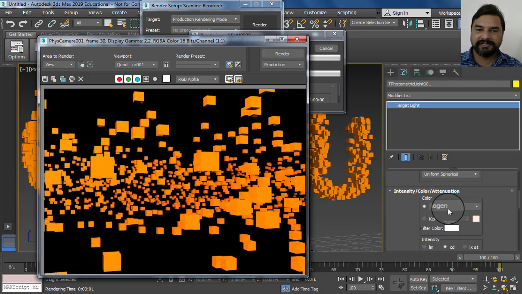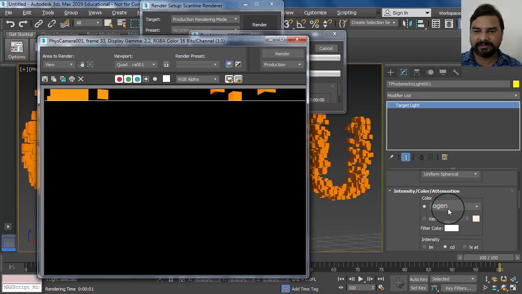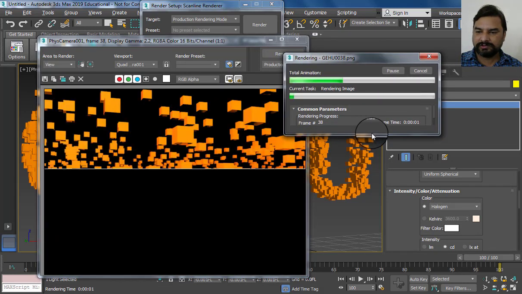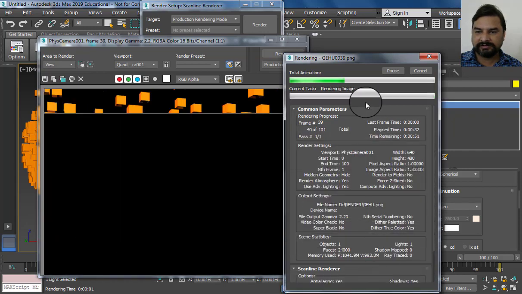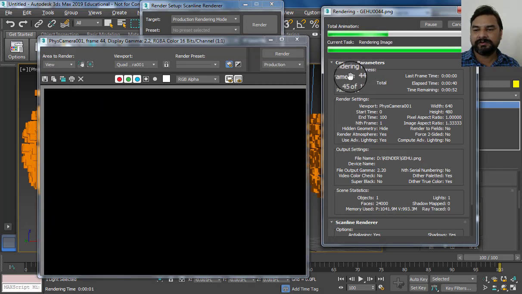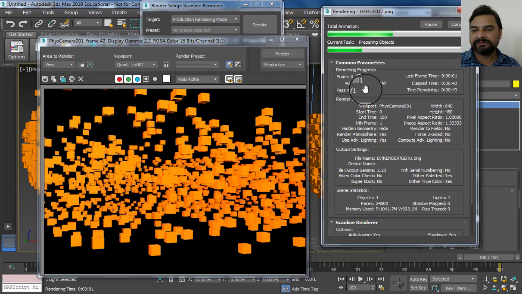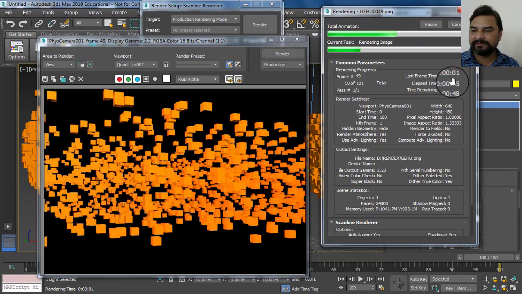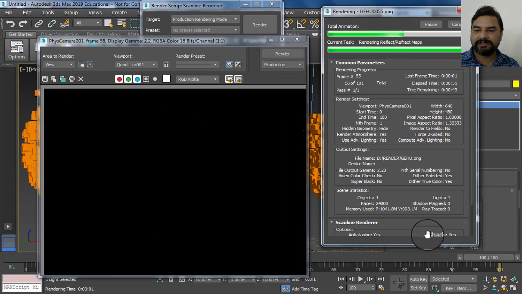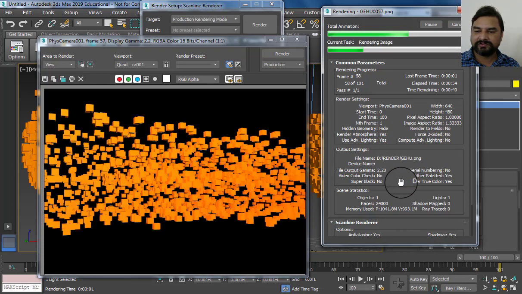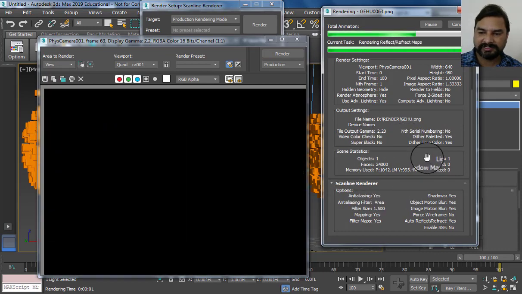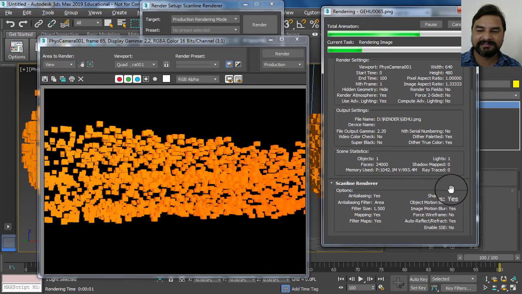Let's take a little bit of time, 200 frame output render, and we can also know about our render process. Here is the frame, current frame 44, total frame number 101. It's the last frame, timing is this one, 01 second, and it's basically the location, how we can save our file, and it's the process to create a file and light, face and other things.